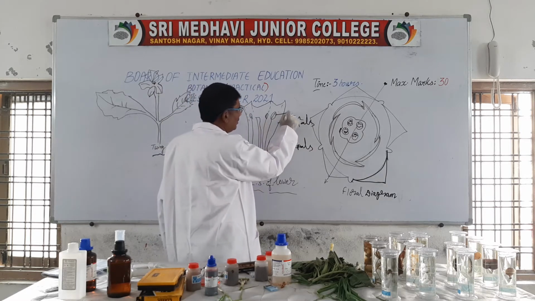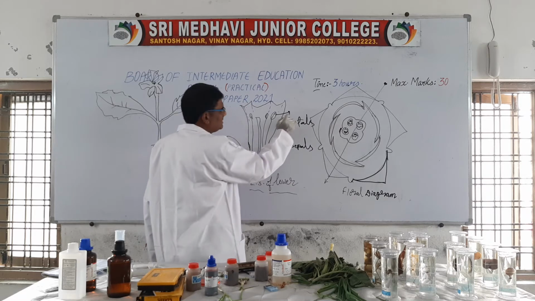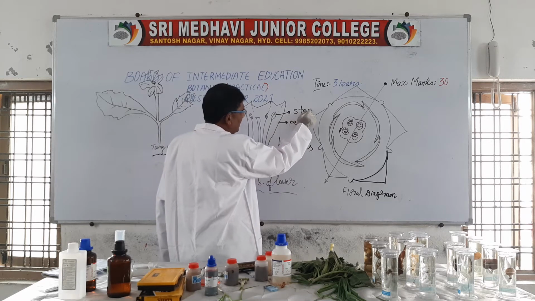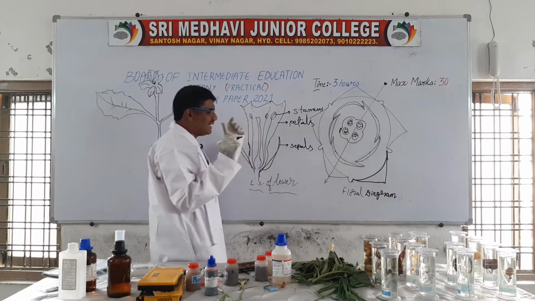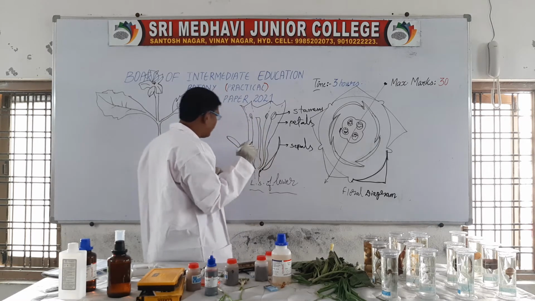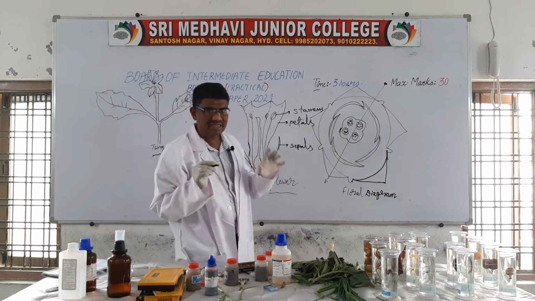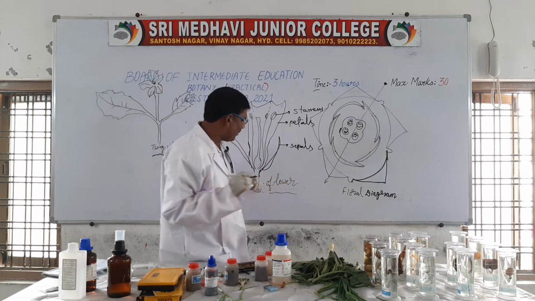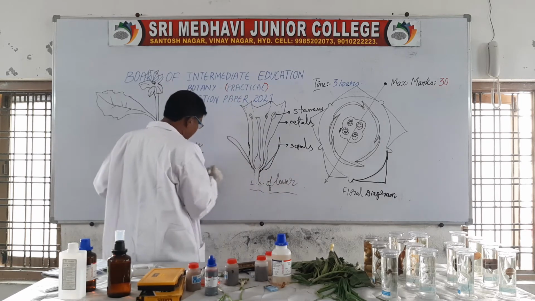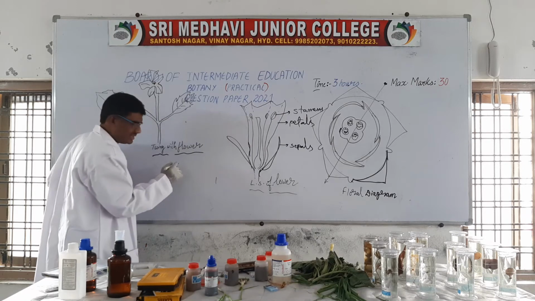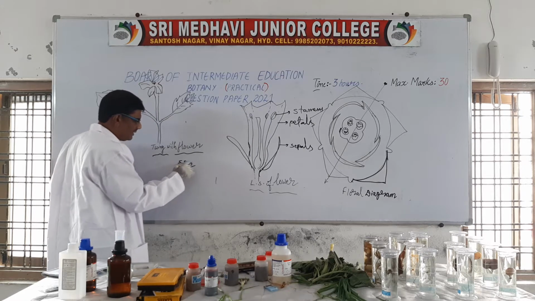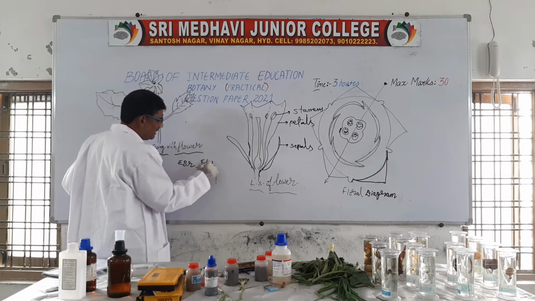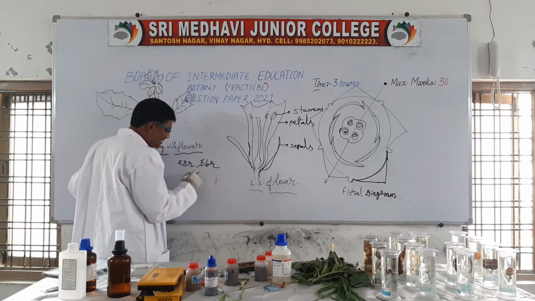Then the third wall of the floral parts is called stamens. In Datura, 5 stamens are present. The floral formula is also important for the practical examination. Here you have to write the floral formula in the examination. That is EBR. Then EBRL means bracts are absent, bracteoles are absent.